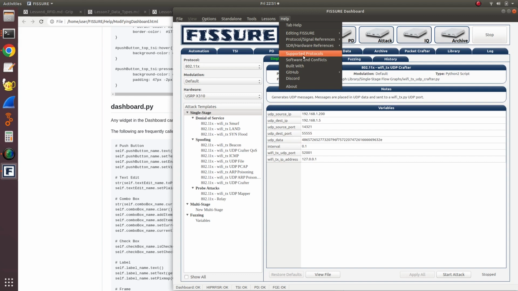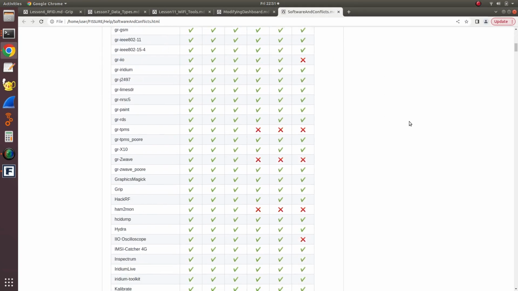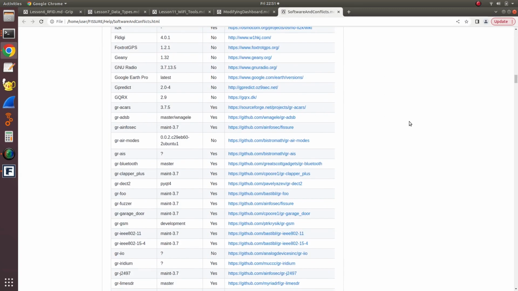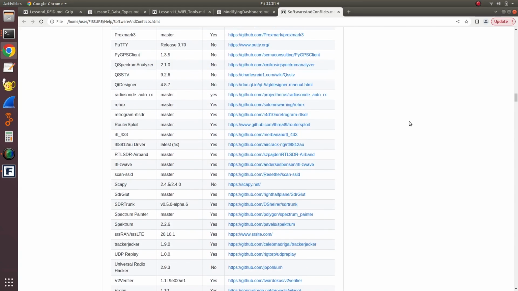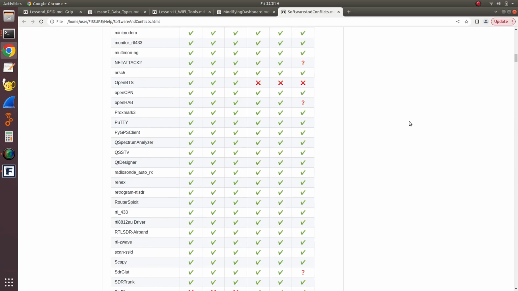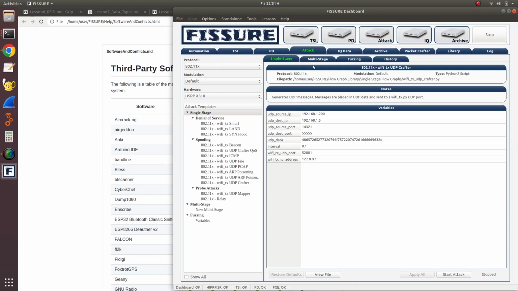If you want to see all the software that's in Fissure, you can go to software and conflicts or about and see a nice little check mark and what's installed, what versions are installed for every operating system. That can also be found from the README,